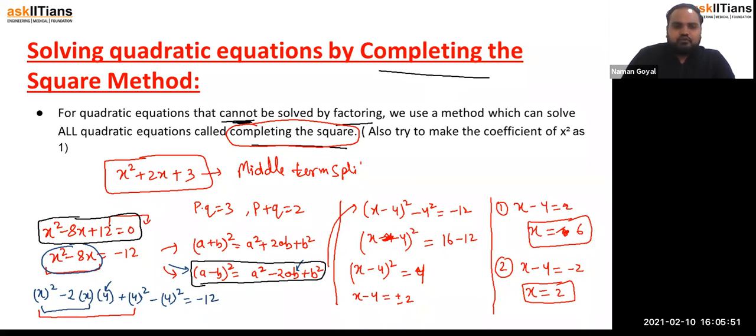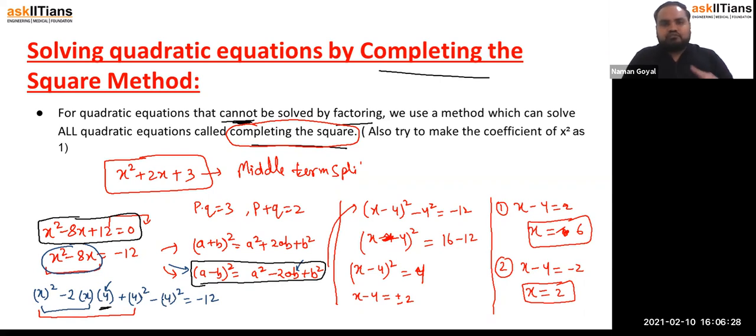So first thing we do, we take this 12 to the RHS, so it becomes minus 12. Now for x square minus 8x, this x square can be written as x square because a square is there. Now minus minus comes as it is. Now 2 from our side because here is 2. Now a means this number will come here. So minus 2. Now for balancing, we have to multiply it by 4 also. So that's why we multiply this quantity by 4. Plus b square is there. So we have to add 4 square and we have to subtract 4 square.